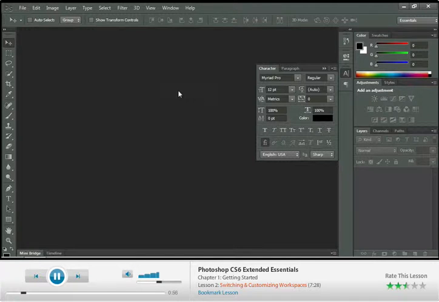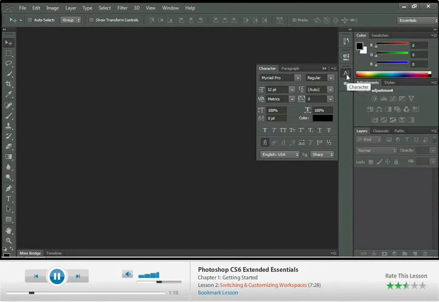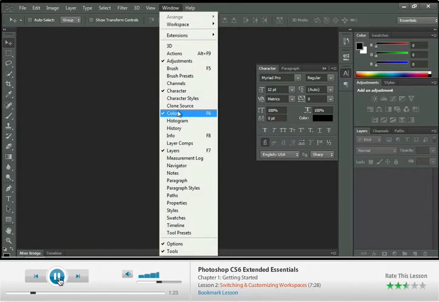I've selected the word character, so our character panel has become active, and you'll notice that the icon has been added to the icon view in our collapsed panel dock in our workspace. When we selected character, it actually brought a panel group, which also includes paragraph. We can click on the word character just like we did previously to collapse it, or when it's open in active view, we can choose window and select character to remove the check mark, and it